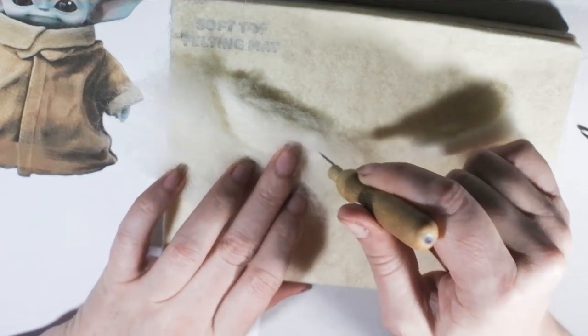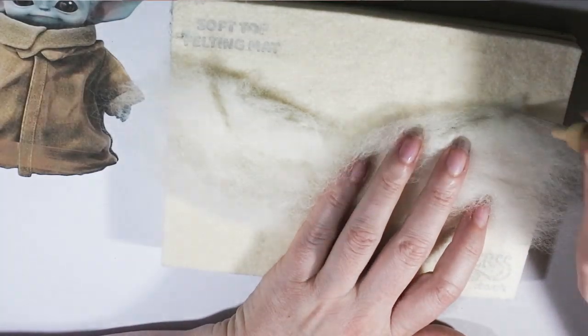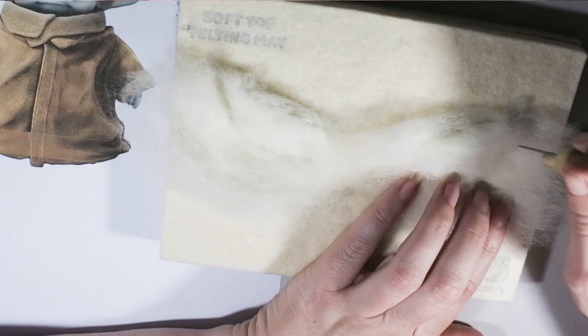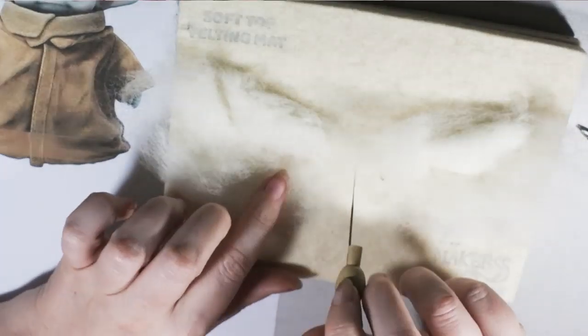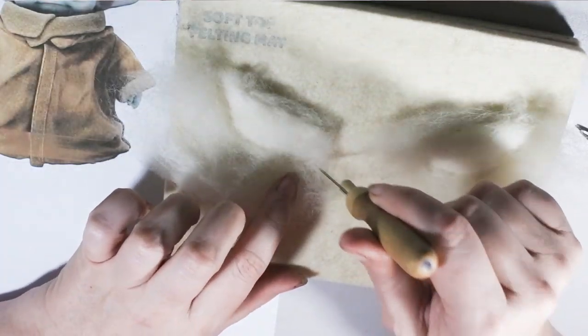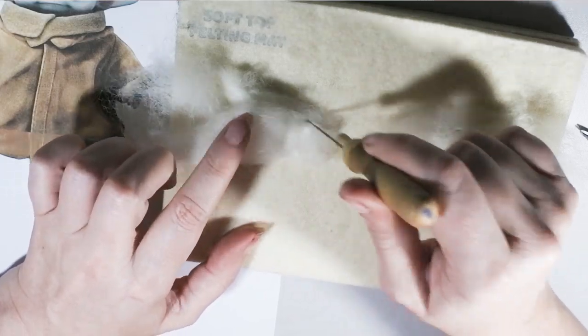You can see I'm actually felting this into the felt pad so it sticks there a bit. Do the same on both ears. You could make a paper template for this and then fold over and felt in the center. Now this is the point I was going to make the body, and I suddenly realized there was something